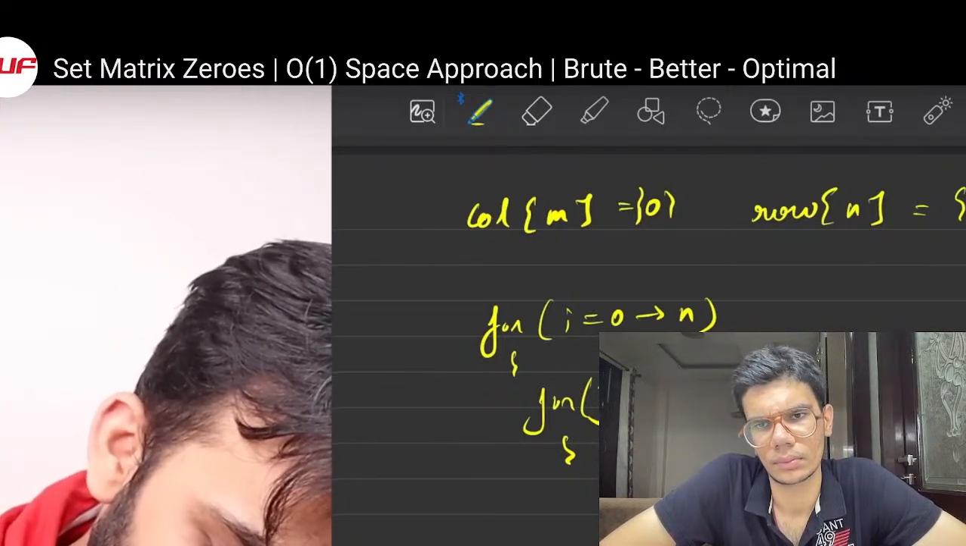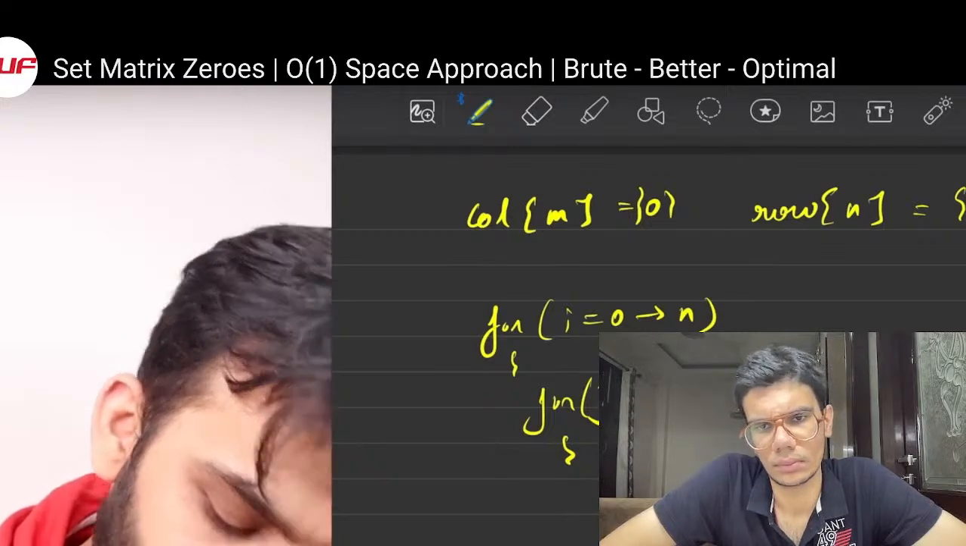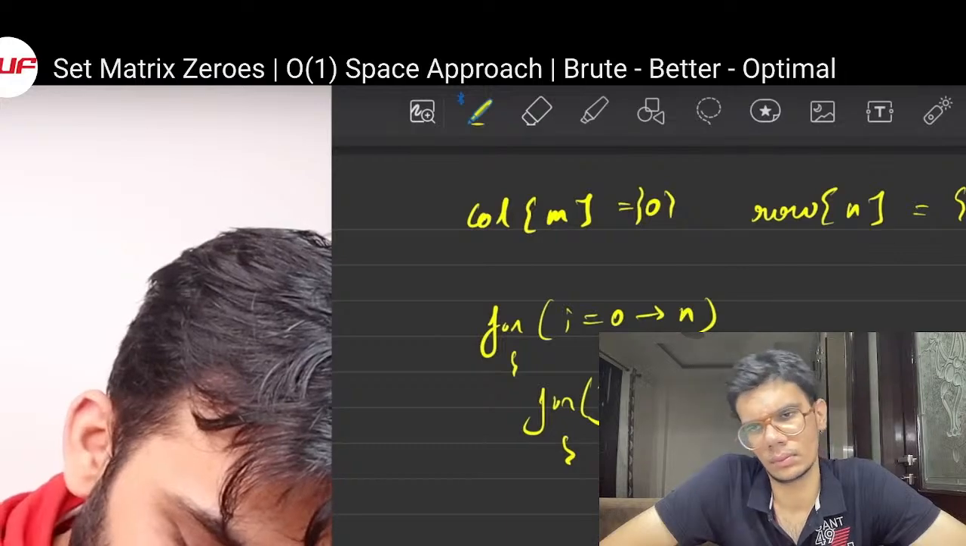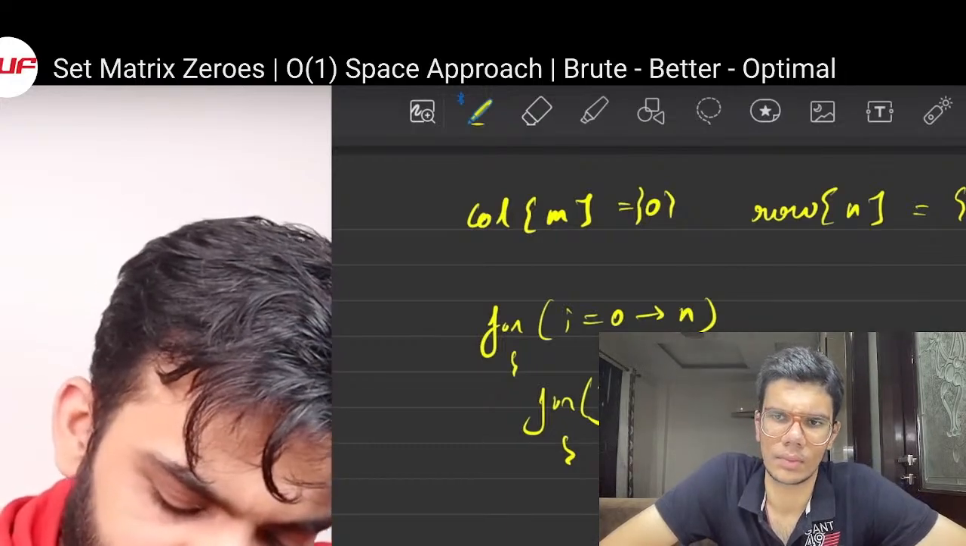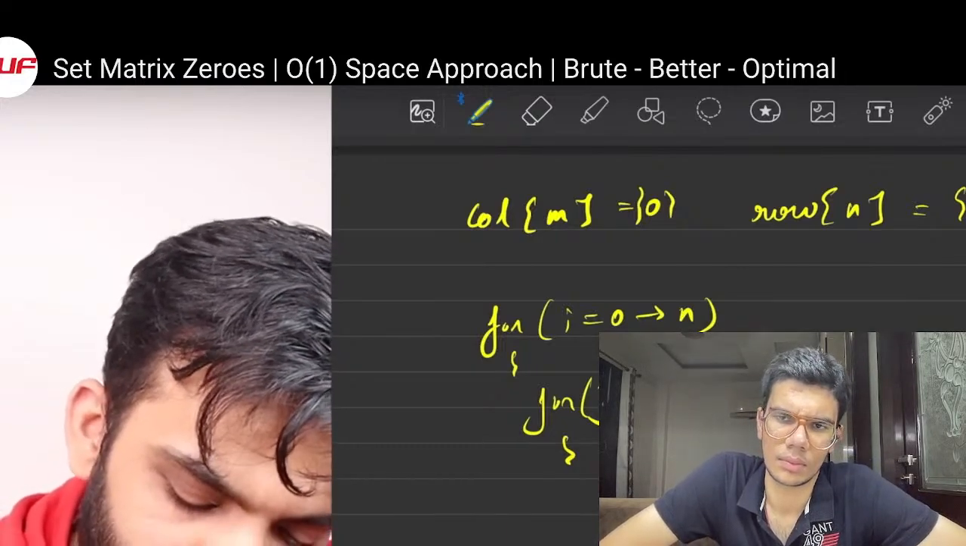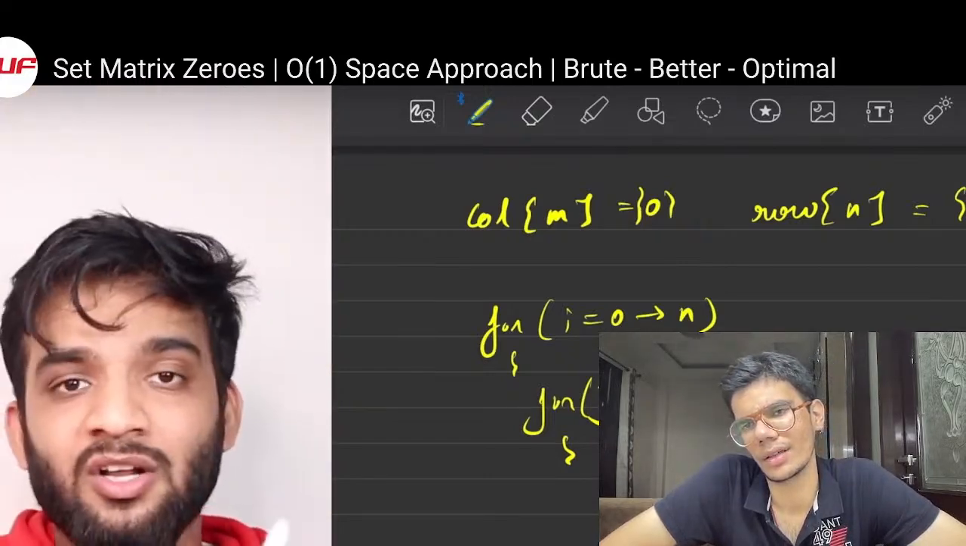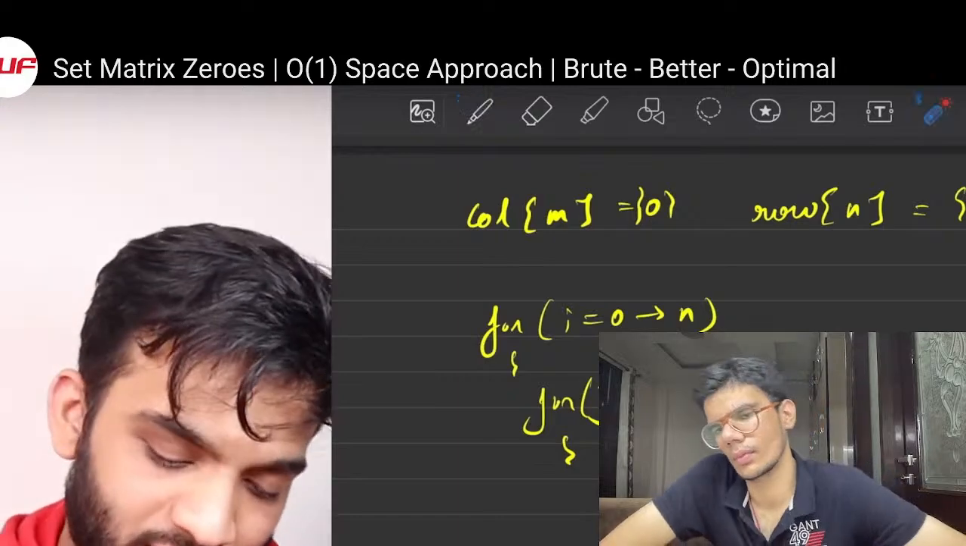So what you say is, if your row is marked, or your column is marked, if anyone is marked, I do not care. You will be 0 for sure, because the entire row is marked, or the entire column is marked. If that's the case,